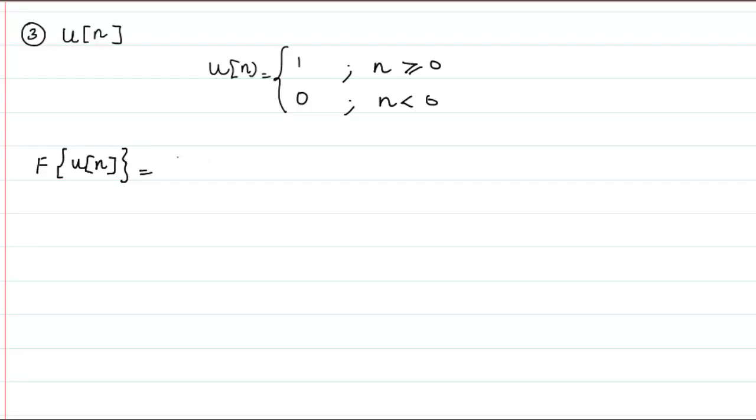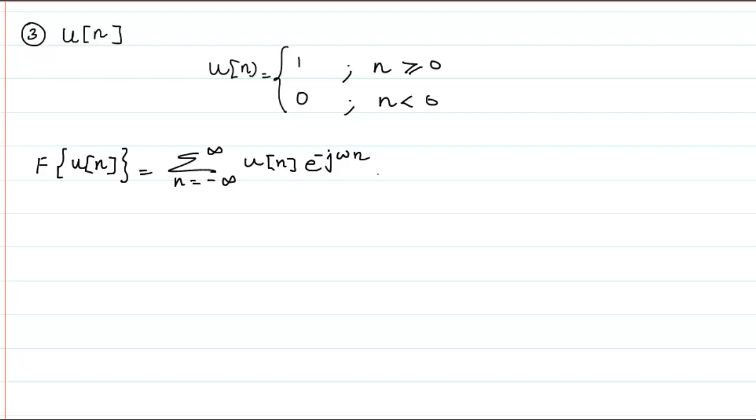We know the definition of u of n. U of n is equal to 1 only for n greater than or equal to 0, and it is 0 for n less than 0. So the Fourier transform of u of n will be summation n is equal to minus infinity to infinity, and then instead of x of n I will have u of n e raised to power minus j omega n,